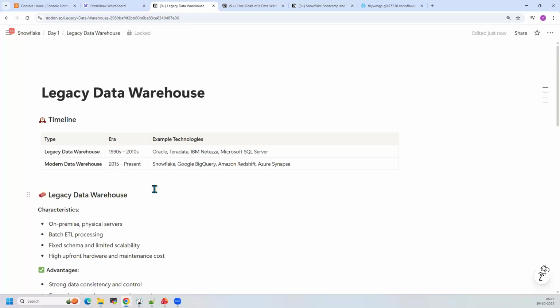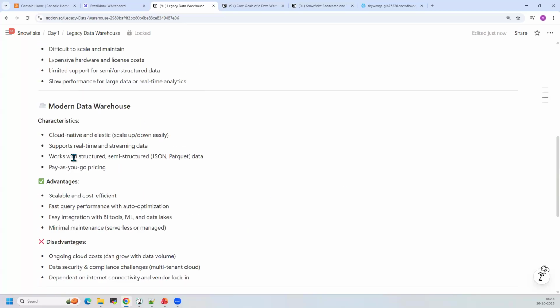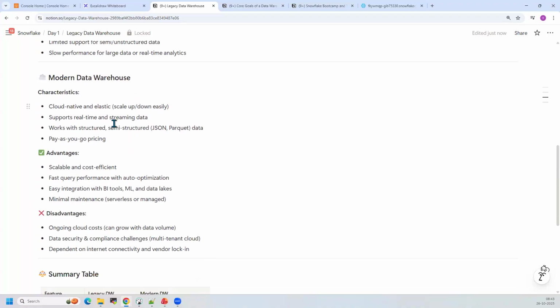So you need to understand it when you work on the modern data warehouse. So what are the advantages of modern data warehouse? You can easily scale it up and scale it down. Okay, it's cloud native and scalability is there. So with the modern data warehouse, it's highly scalable. You can use it for batch processing, streaming, real-time analytics, and you can store different types of data, and it's